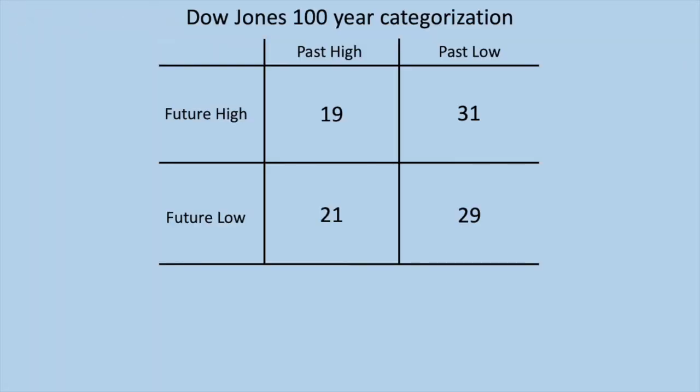If you categorize the past 100 years of the stock market into one of these 4 categories, you'll notice an interesting breakdown, which helps to explain the main problem with our 6 investors. They're far too concerned with the past and not concerned enough with the future. Just because something is at an all-time high from the perspective of the past does not mean that it will not be a future all-time low. And the math makes it obvious that this is the case.